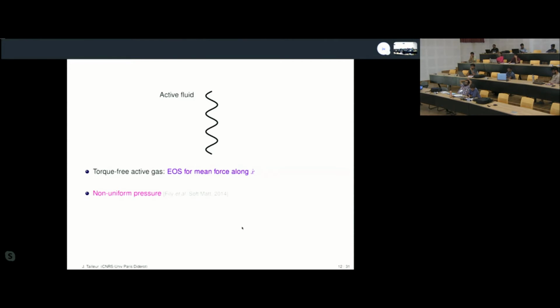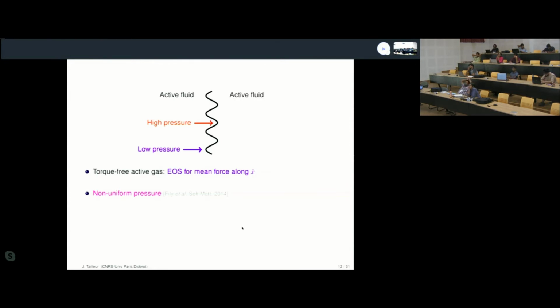However, a first difference with passive systems, which was noticed by Yan and Brady some years ago, is that the pressure is non-uniform. Indeed, if the particles come from the left, it will typically spend a very small part along the concave part. It will slide along the wall and get stuck in the apices, so that you get high pressure points in some places and low pressure points in others. Now, from the point of view of these confining problems, it's not super interesting. But now, if you